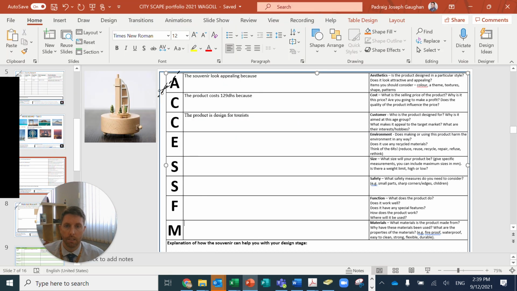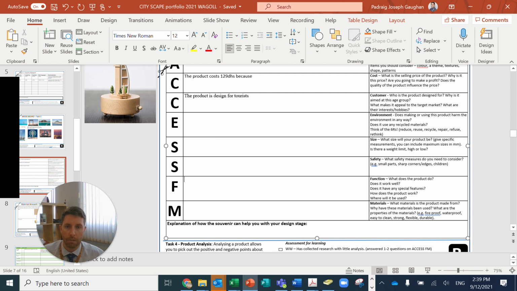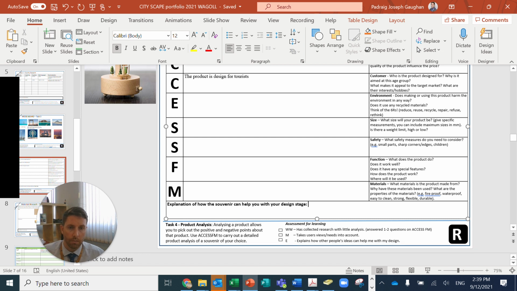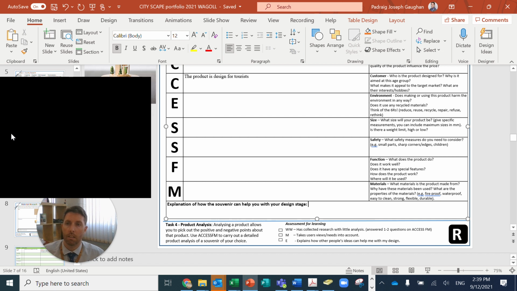Okay, so you need to answer these sections here as best you can, and then you've got to explain then at the bottom, if you look at your success criteria here, explains how other people's ideas can help with your design. To get into the exceeding bracket here, you've got to explain how the souvenir can help you with your design. So is there certain aspects of that design that you can take to improve your